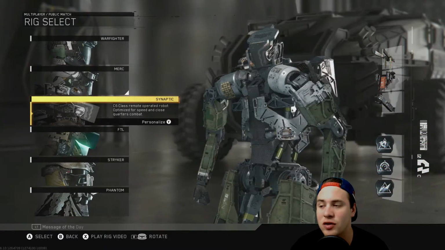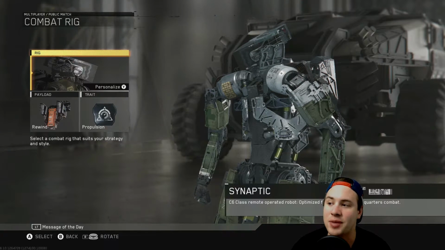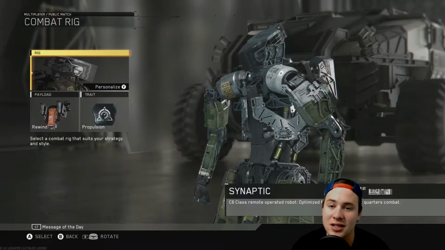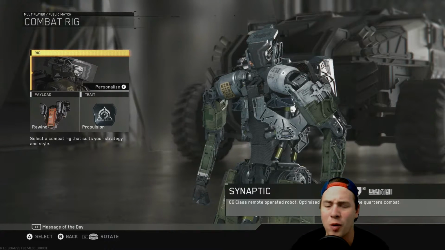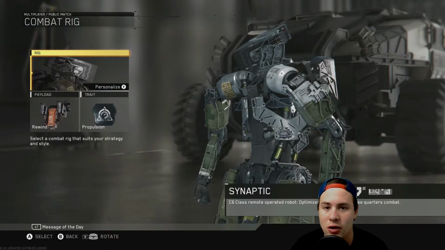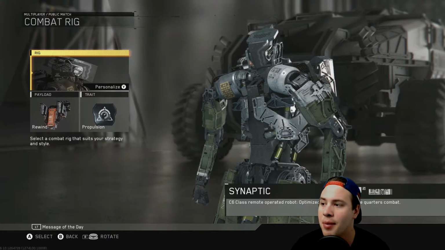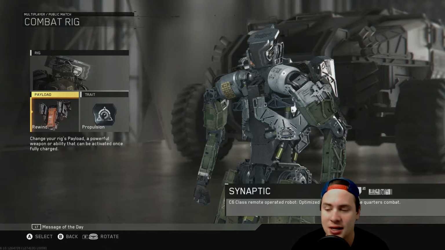The one that I like to use for my playstyle and the SMGs is the Synaptic, not only because its hitboxes were kind of OP, just crazy. You couldn't hit them, and their hitboxes were smaller than the other rigs. I think that's been patched now. Correct me if I'm wrong, but I like to use Rewind, as you will see in some gameplay in just a minute,